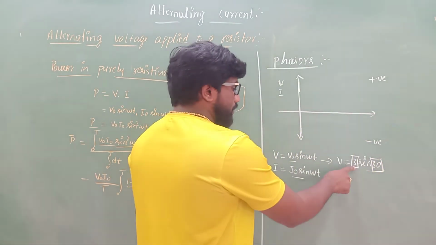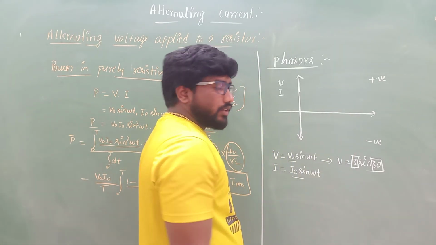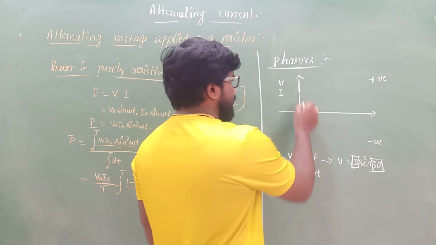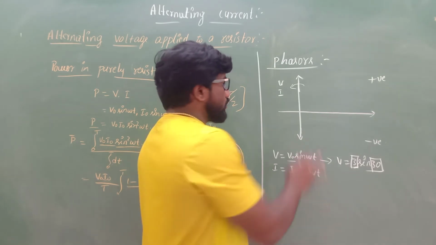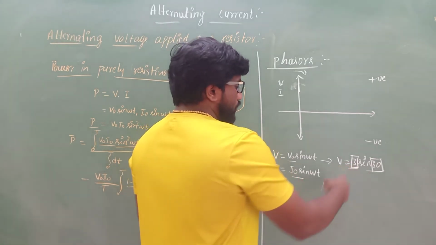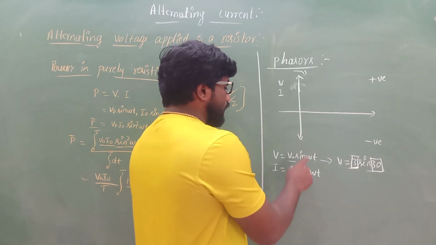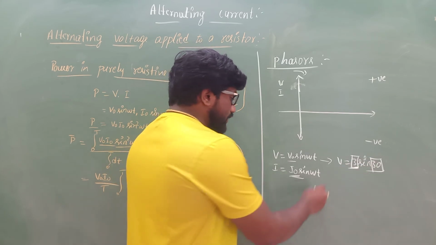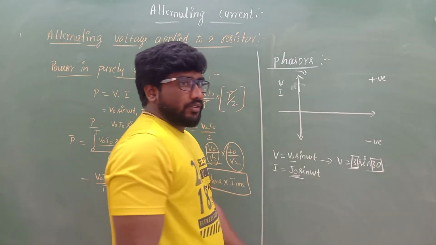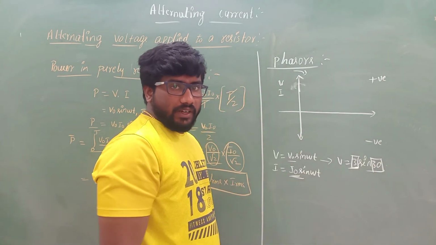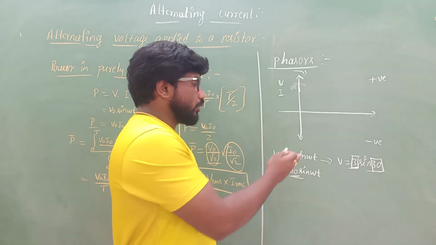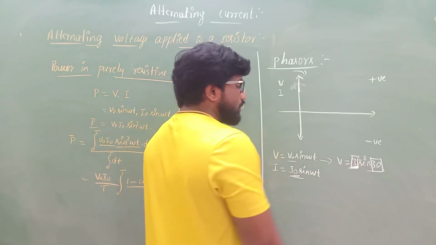If you want to represent V, here it is positive, correct? So how does it vary? In the anti-clockwise direction. It's a rotating vector like this. So here, V and I, if we consider, both are in phase because the angle is the same. If the angle is, for example, 30 minus pi by 2, then it will be a different thing. So we need to take pi by 2 below this, for the minus value. But here we don't have any terms like that.